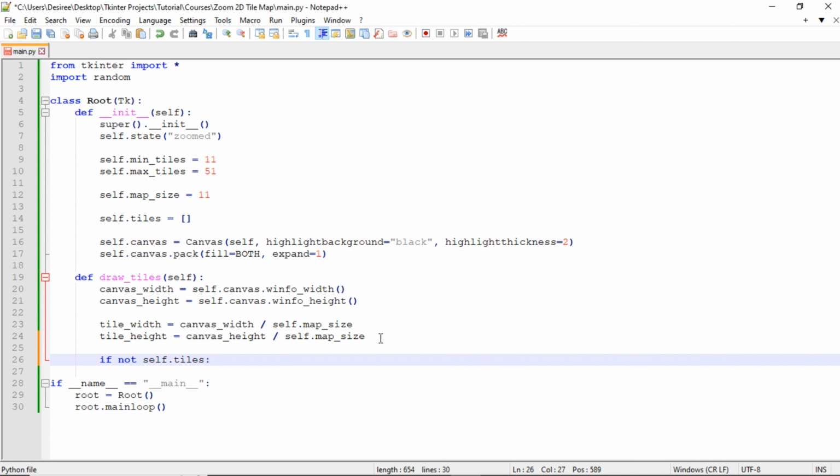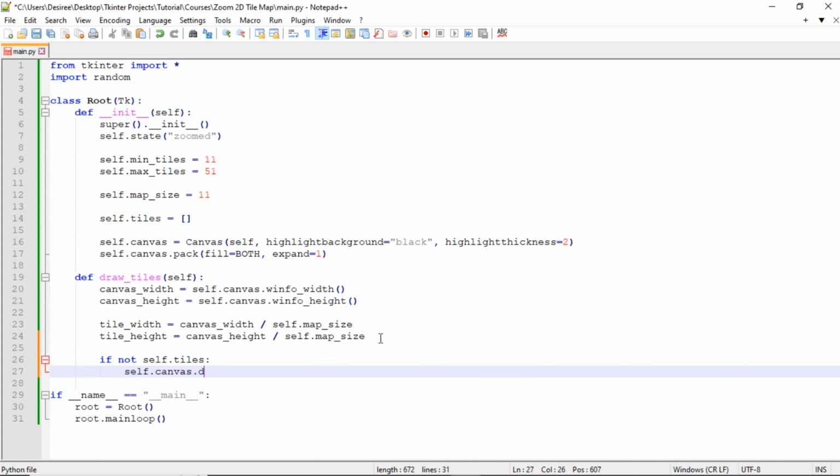Okay. Next we're going to delete any item on the canvas that has the tag tile. We'll tag every tile rectangle with the string tile so we can delete and rebuild them when zooming. So we'll do self.canvas.delete